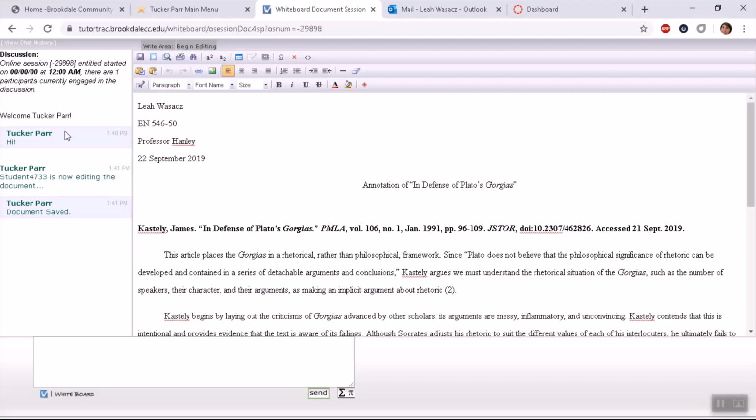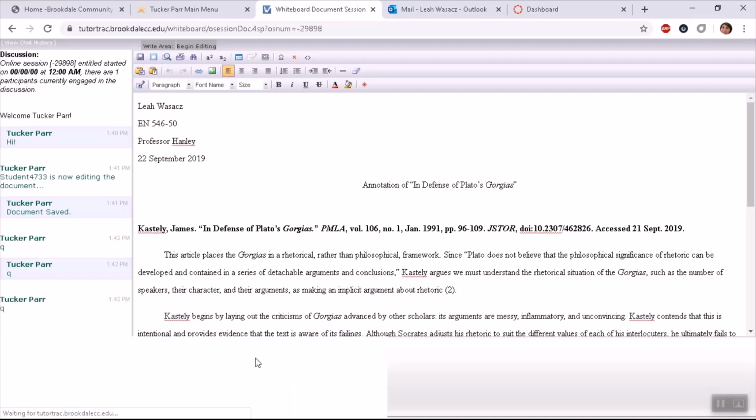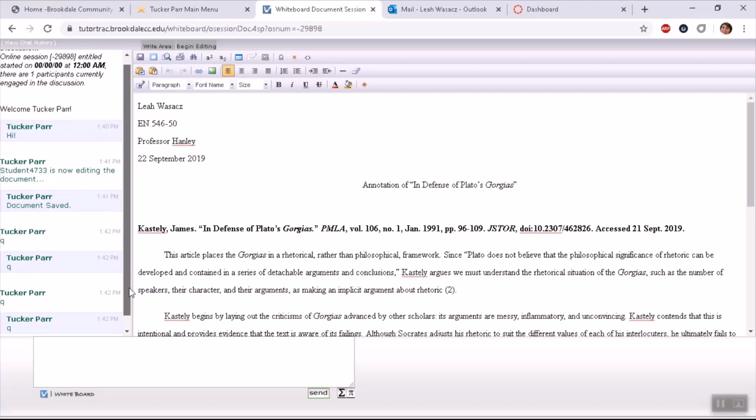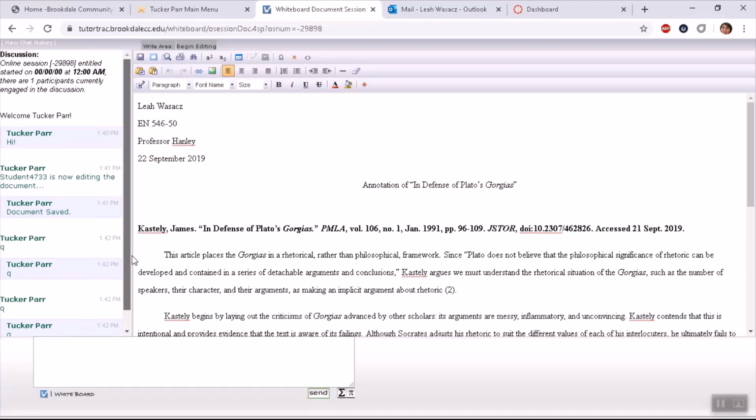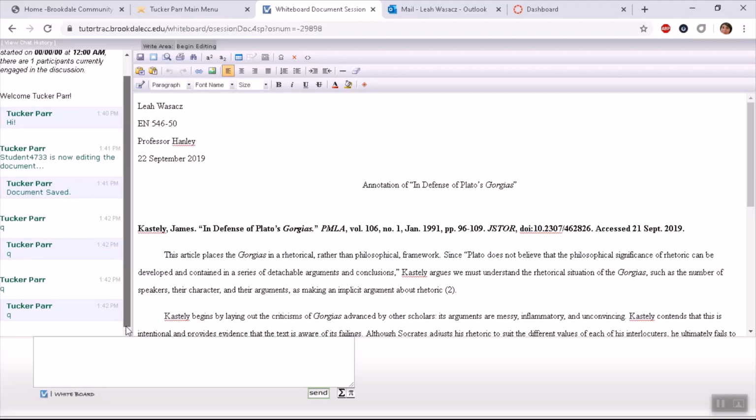As you talk with your tutor, you'll have to scroll through the chat. Sometimes, when the chat is full, it will not necessarily scroll down at the bottom here. So always make sure that you are going in and scrolling down using your mouse wheel in order to see the most recent messages. Let me just show you a quick example. So I'm just going to send a couple of messages here. As you can see, now there's this little navigation bar. Always make sure that you're scrolling down with the navigation bar so that you can see the most recent messages.